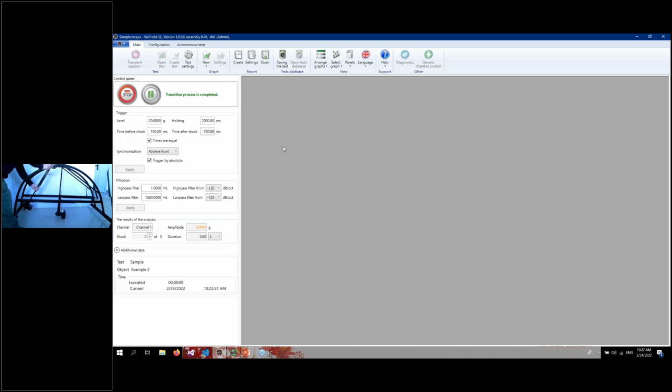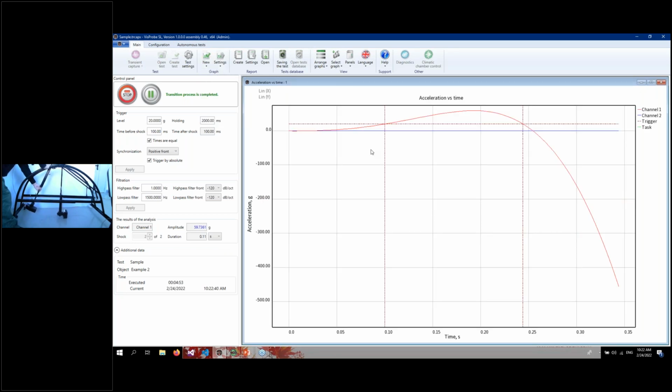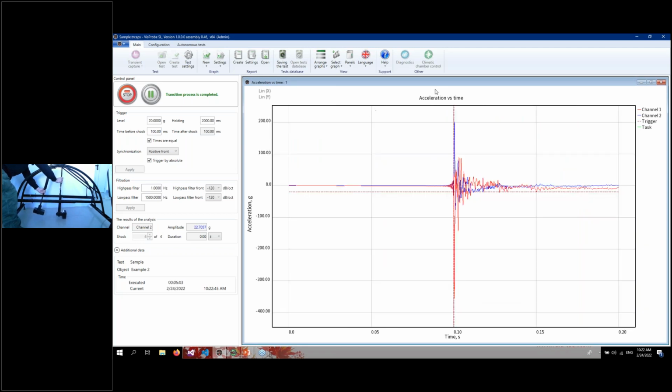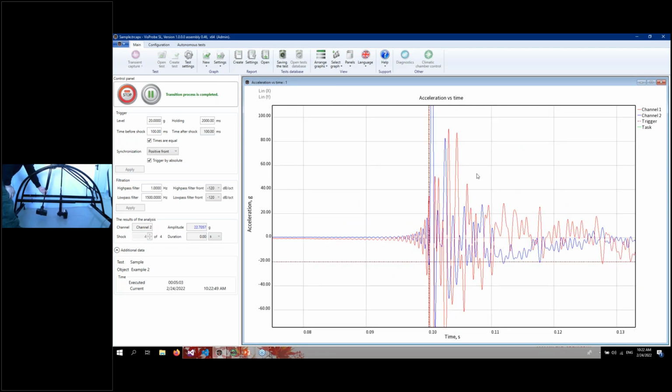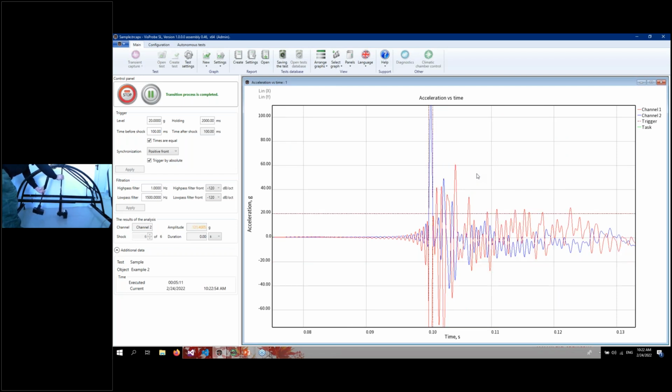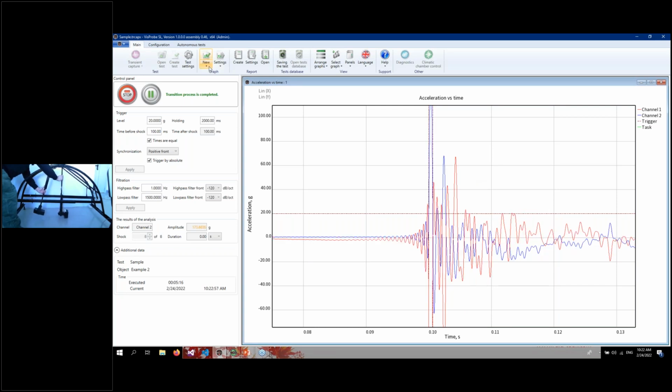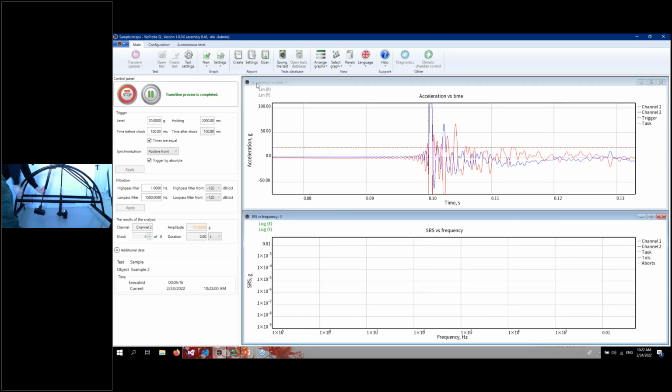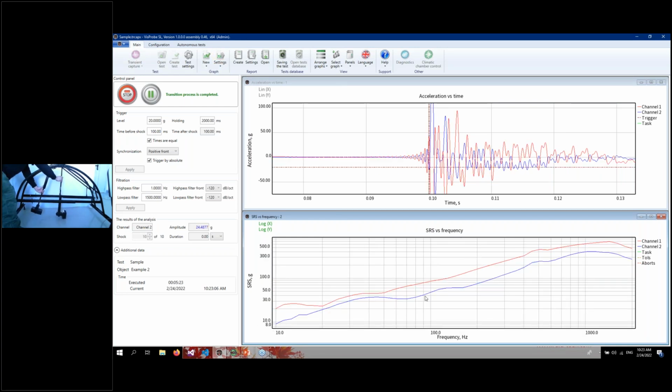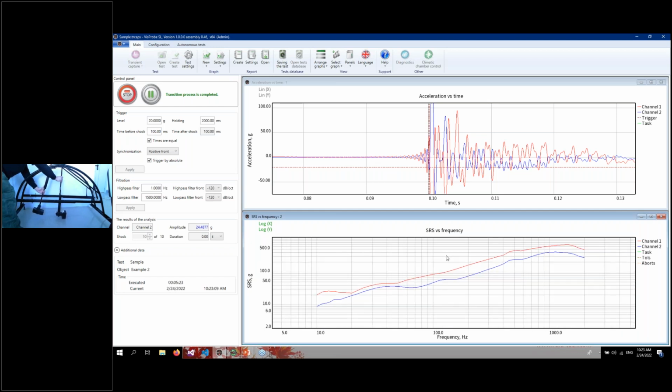So now let's create a shock. Now let's open some graphs. Let's make another shock, not so hard. Here you can see it. Let's make another one. And another one. Let's open some SRS graph. Let's make another shock. Here you can see it. And now let's stop the test